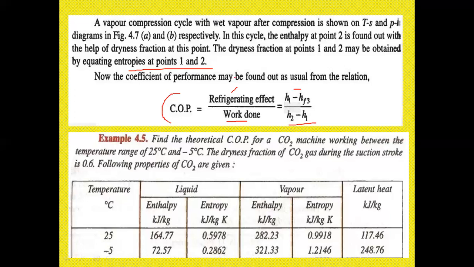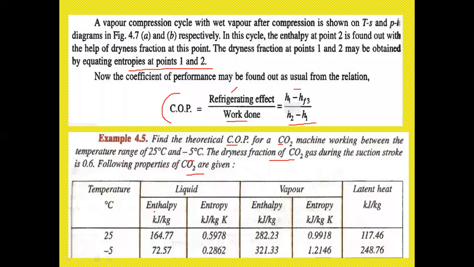See the question here. Find the theoretical coefficient of performance for a CO2 machine working between the temperature range of 25 degrees centigrade and minus 5 degrees centigrade. The dryness fraction of carbon dioxide gas during the suction stroke is 0.6. Then the following property of CO2 is given by